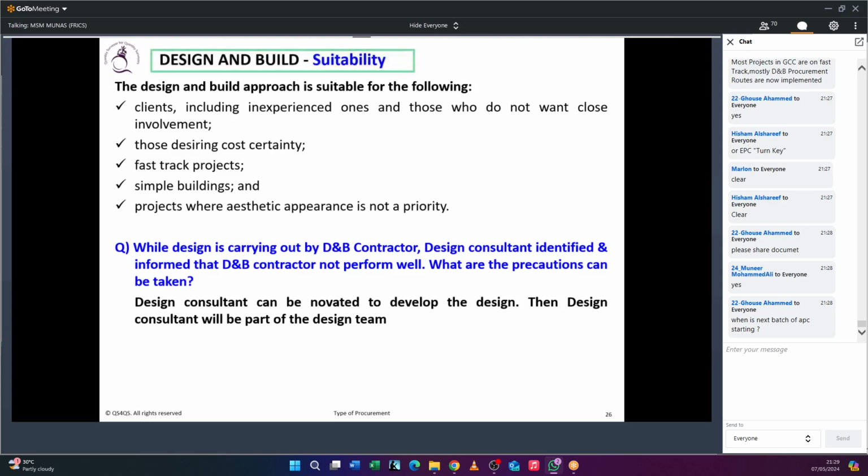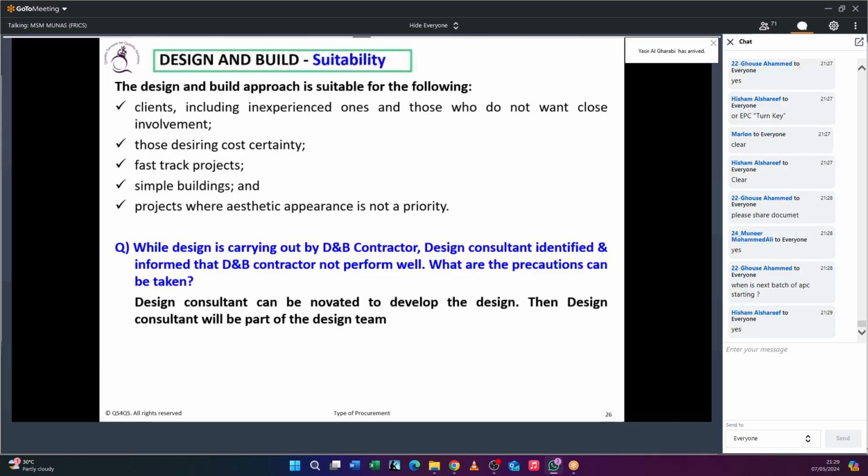Now, many of you here are APC candidates, isn't it? If not, we are starting a fresh RICS batch from coming Monday. If you are planning to start the RICS, better to start, because that class will begin with an introduction on how to study for RICS. If you are under the AQS, better you join that. Otherwise, if you are overloaded with other commitments, then join after you finish your program. But it saves your time.